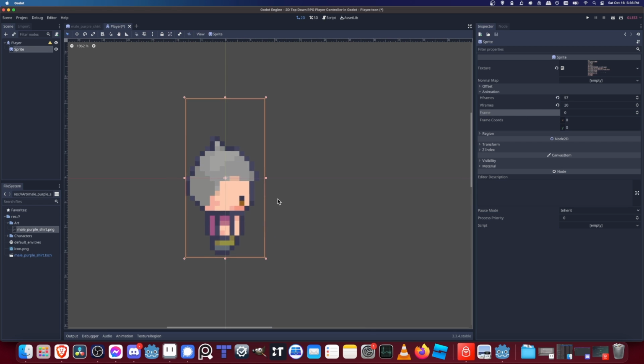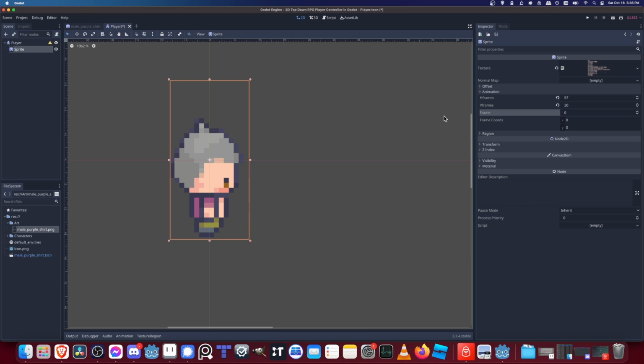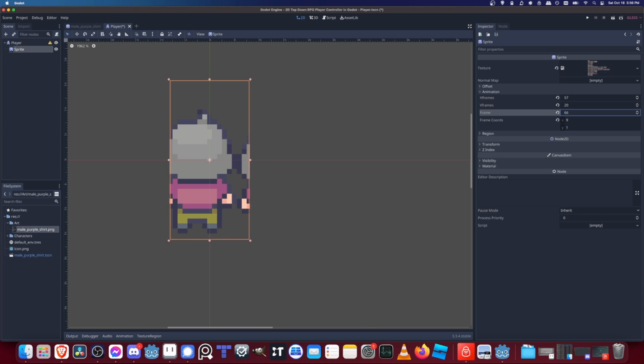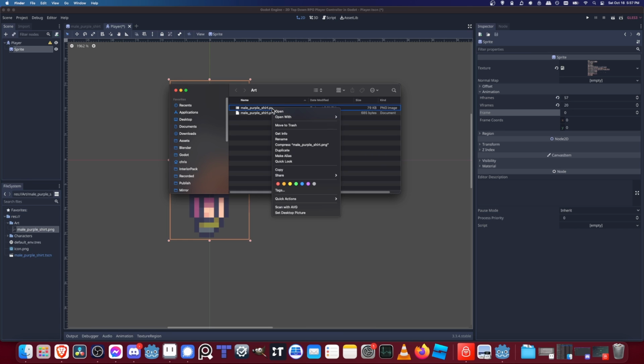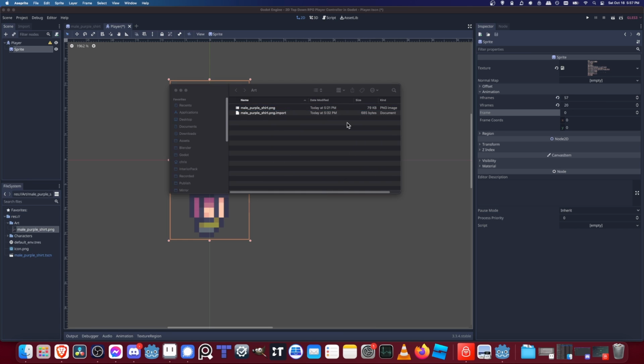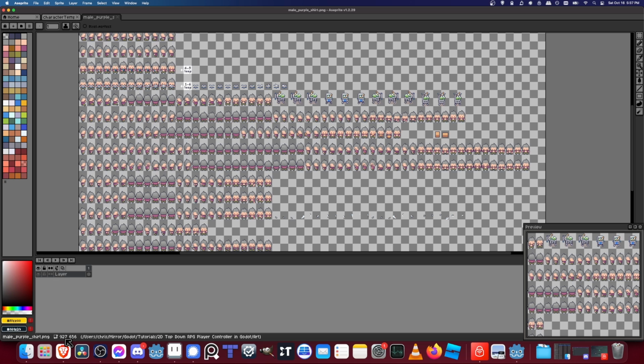And then that's going to roughly give us the size of our character here. But I do want to point something out. It's that when you divide up your sprite sheet like this, it needs to be a perfect fitting slice of the character. So as I increase the frame from 0 here, you'll notice that some of the frames aren't actually quite perfectly synced up here. So while the character can roughly be sliced up 57 times, if I actually open this file in a program like Aseprite, which I will do now, I'm going to show in File Explorer, and then I'm going to open this with Aseprite. Then what you'll see at the bottom left here, 927 by 656 pixels,